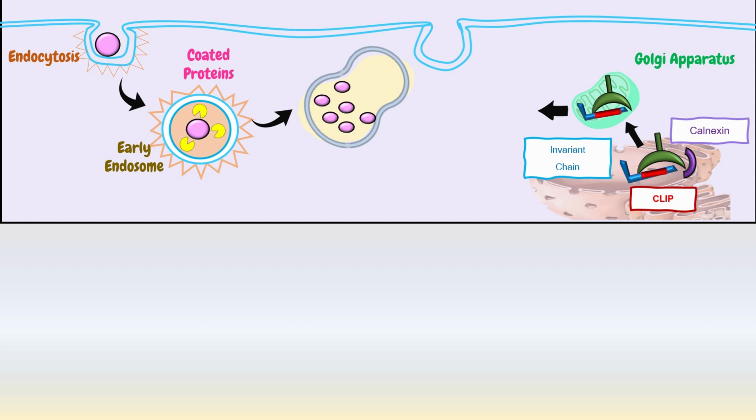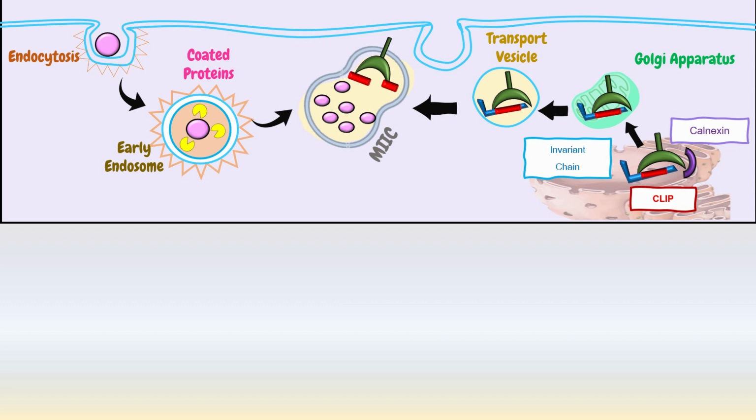The invariant chain targets the MHC complexes to transport vesicles of the trans-Golgi network, which traffic to endosomal vesicles. The invariant chain is cleaved, leaving only the small CLIP fragment bound to the binding site of the MHC2 heterodimer. The compartment where fusion of the transport vesicles with the endosomes occurs is called the MHC class II compartment. An MHC class II-like molecule called HLA-DM induces release of the CLIP peptide from the binding groove of the MHC